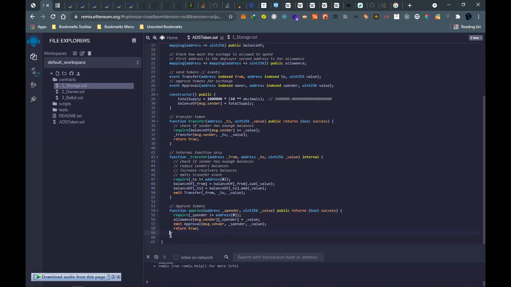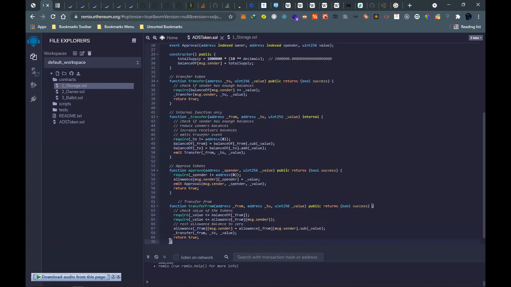Then we have the last function, and that is transferFrom, which is mandatory. transferFrom is a function to transfer coins on behalf of someone. It has the same parameters as transfer, because it's basically transferring.